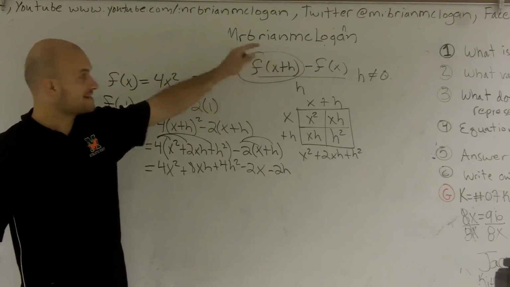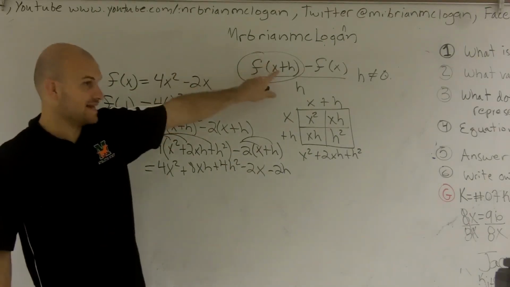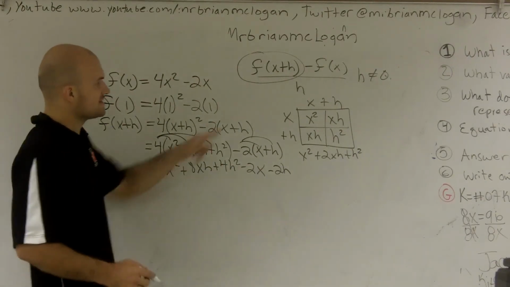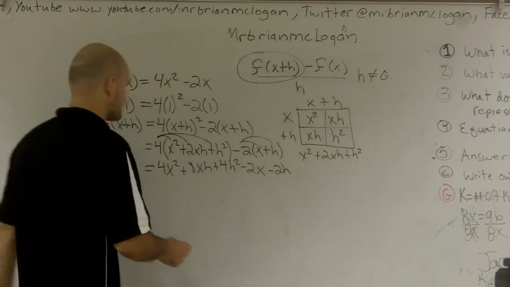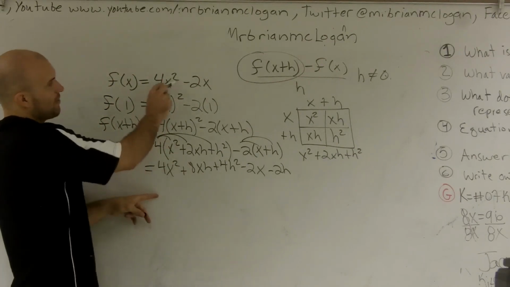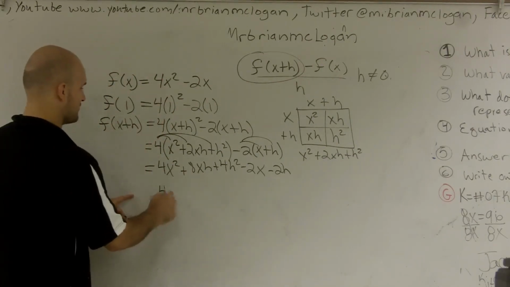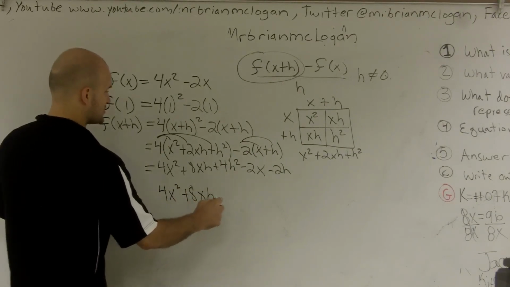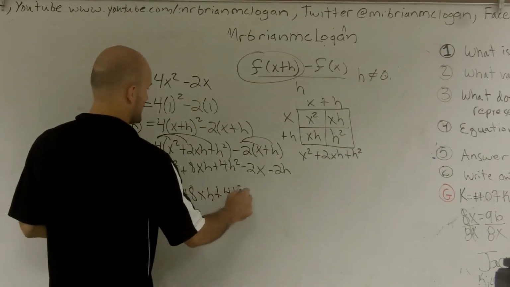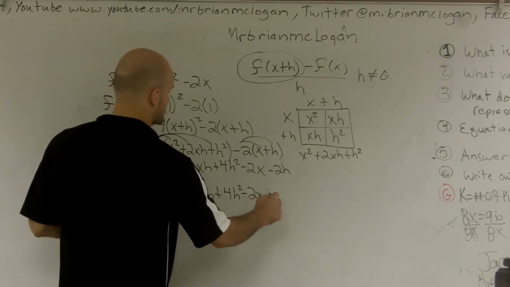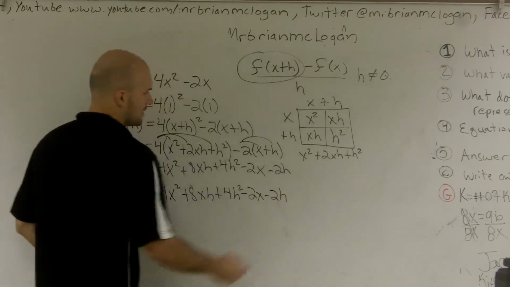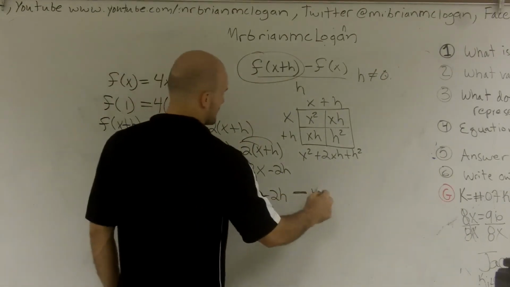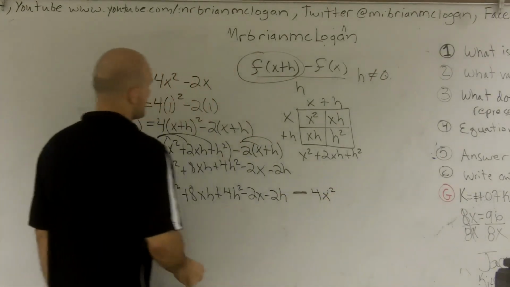You see what I did? Yeah, I just did one part of it. So I just said, take this huge thing, and then it said subtract f of x. Well, what was my f of x? That's 4x squared minus 2x. So I take 4x squared, I'm just going to rewrite it all over again: xh plus 4h squared minus 2x minus 2h minus f of x, which is 4x squared